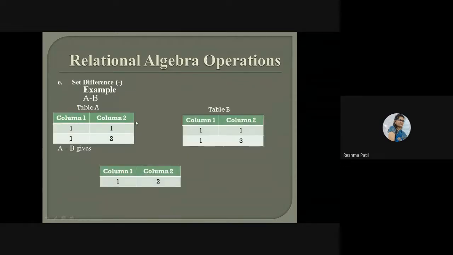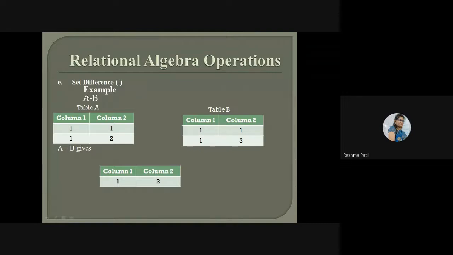So here we will check our table example also. Here first check A minus B, this operation we are going to perform. This is your table A, and this is table B. What are the columns? Column 1, column 2. Here also column 1, column 2. Both should be the same. Here number of attributes are 2. Here also 2. What are the names of the columns? Column 1, column 1. Column 2, column 2. That should be the same. Then what we have to do? Minus. If 5 minus 5 is there, then we can write 0. Means that will be nil over there.